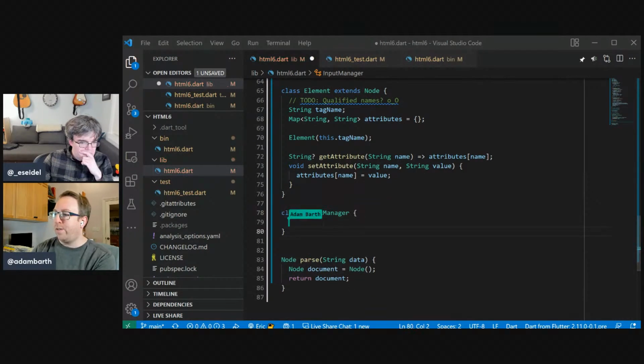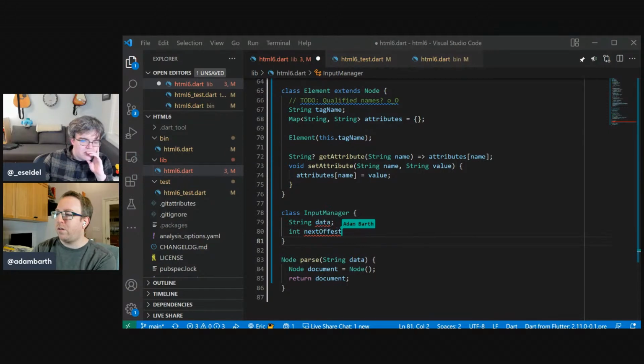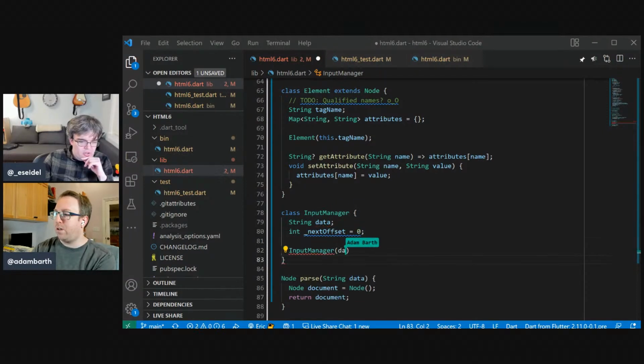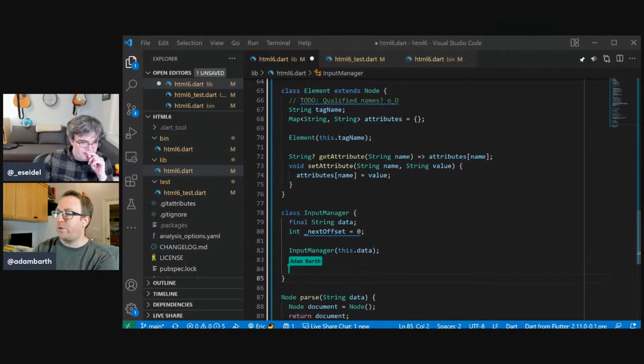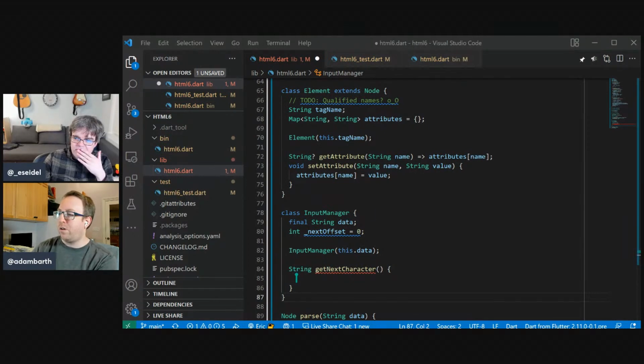So what the input manager is going to do is basically keep track of where we are in the input stream. The input manager is going to have the data stream, and just to start with, we'll have the next offset. And it gets complicated because HTML can go backwards. That's fine. Okay, it tracks the insertion point and the next input character. Yes. So then let's have a function called string get next character. It's going to return